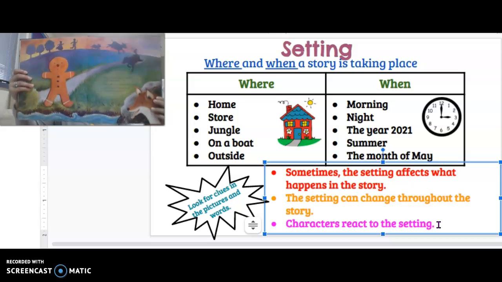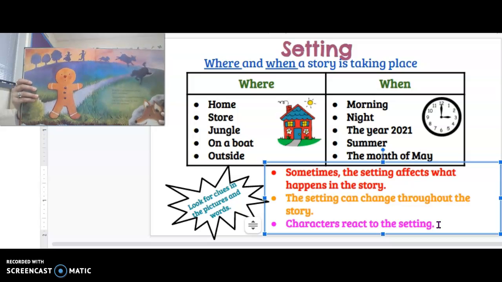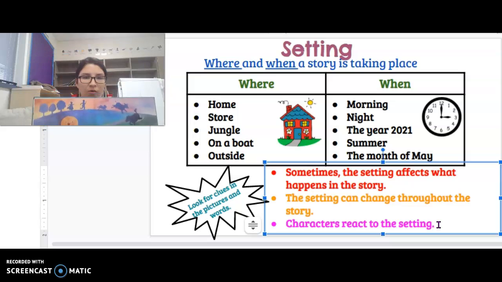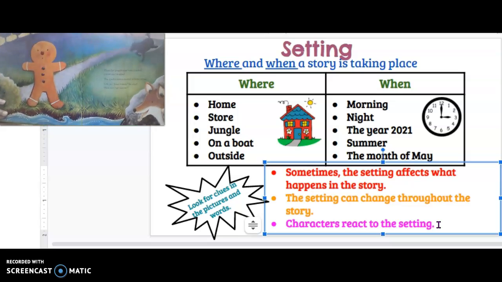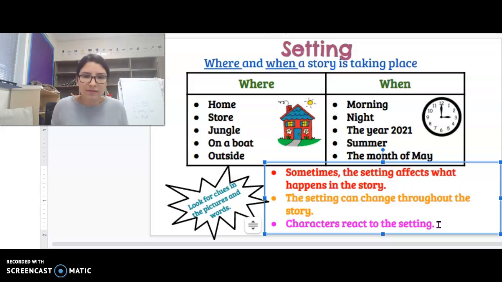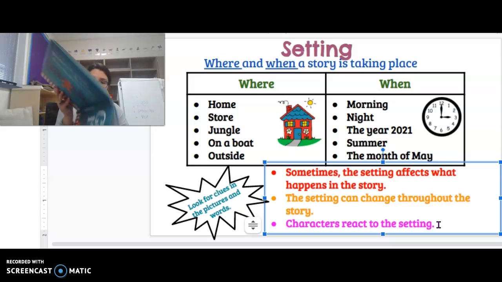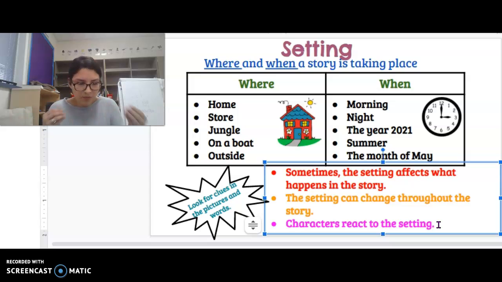But again, we have the gingerbread man coming across the fox at the river, right? Well, how does the gingerbread man feel at this point? He's scared, right? He's like, I can't cross the river. I can't swim. He can crumble up once he gets wet because he's a cookie. So he's reacting to the setting. The setting is the river. Well, he's scared, right? So that's what I mean by reacting. He is scared by the setting, which is where?